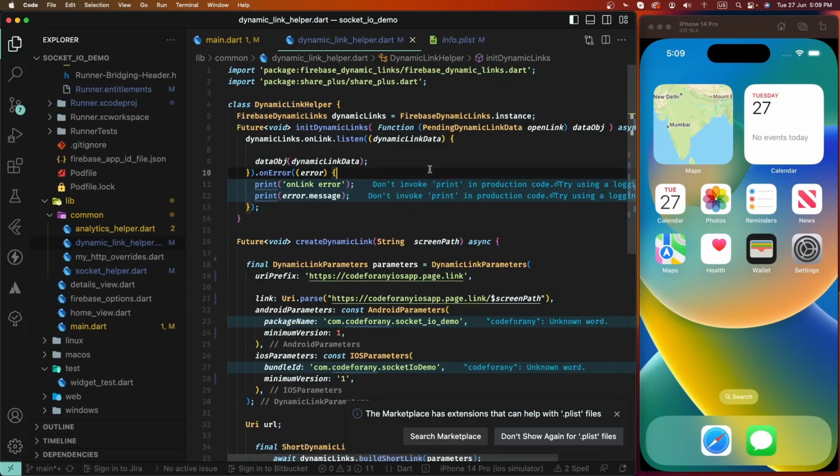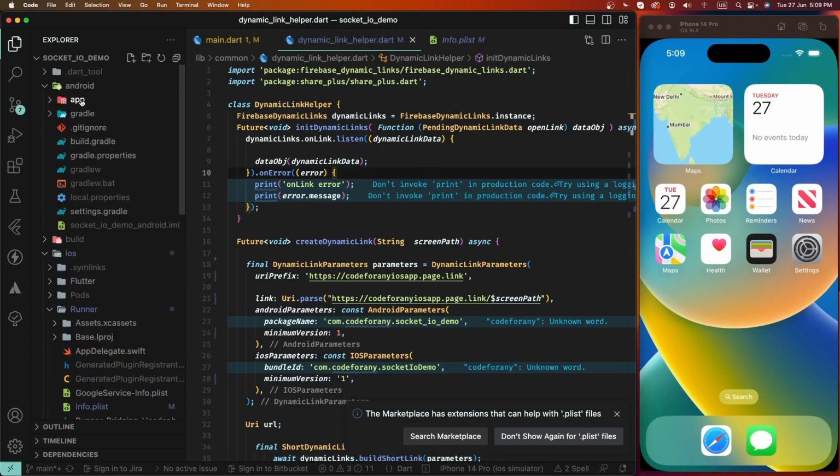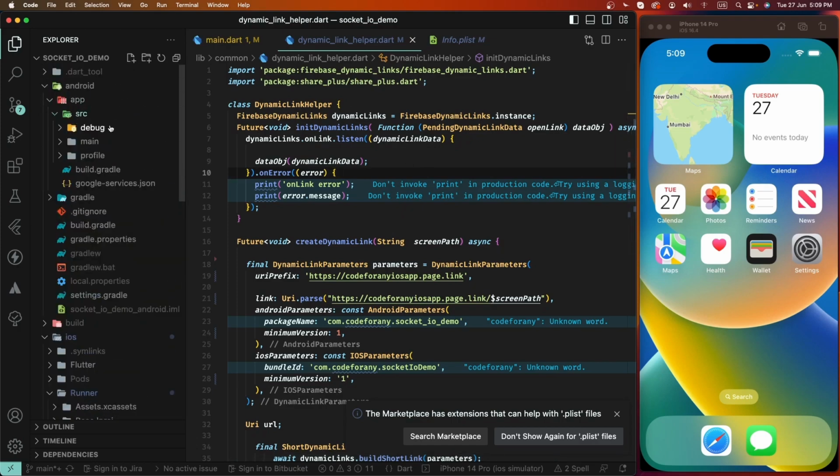We need to save this, and we need to change it for Android as well, because we need to remove this URL and change the